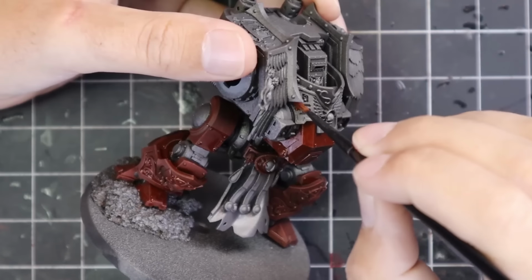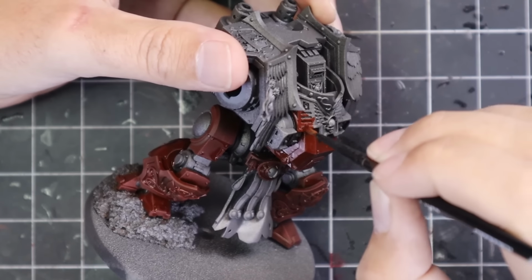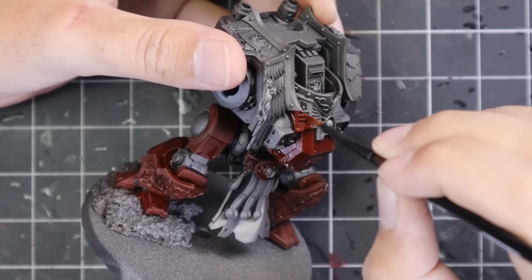Okay, first things first, we're going to base coat all of the armor panels and all of the sections that are going to be highlighted and layered in gold with a coat of Blood Angels Red contrast. Now, these steps are just base coats. We will be building up those colors later on. They just act as a fantastic base coat, red being a fantastic base coat for gold,